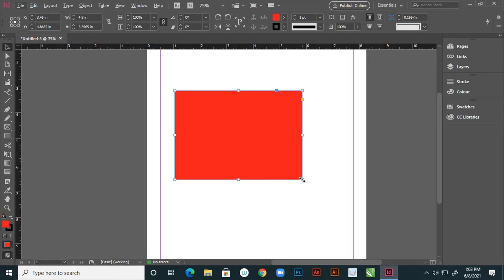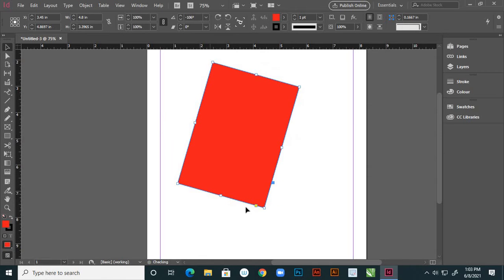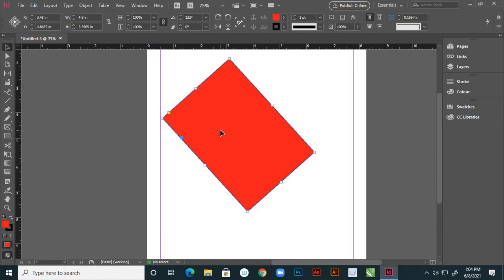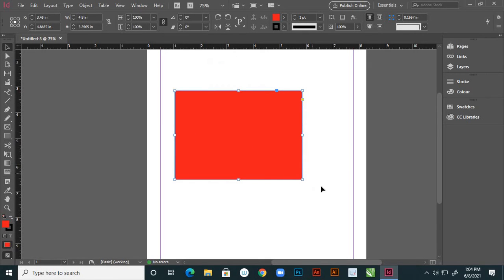So what are these? Suppose here, see, this is showing rotation. You can rotate your object shape. This is the center point. It is showing 360 degrees. You can rotate, and I'm using Control Z for undoing the rotation.